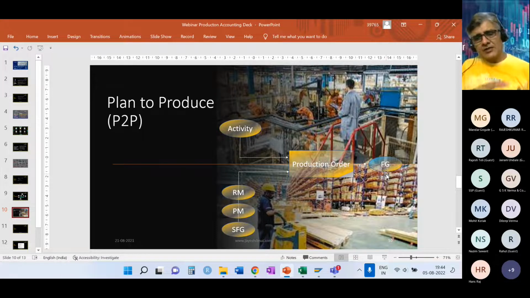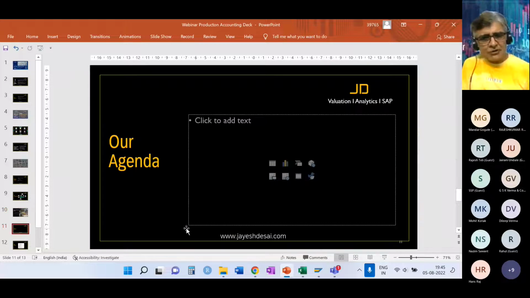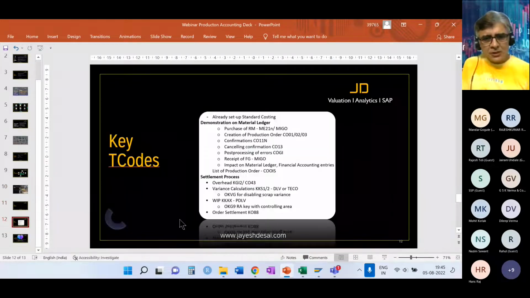Okay, and it is also possible to have multiple chains of products. So let's say product 1 is an input for product 2, product 2 is an input for product 3, and product 3 is an input for product 4. And so finally you have got product 5. So it is also possible to build this kind of a chain. But in this class, we are going to look at a small example where product X is made using 3 raw materials. And then we are going to use some of the T-codes for our purpose.